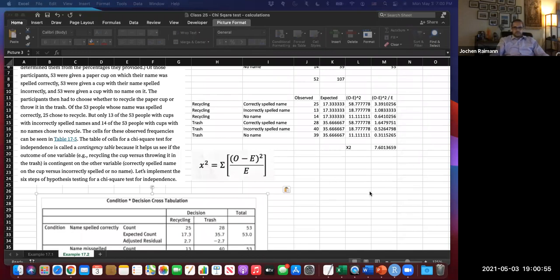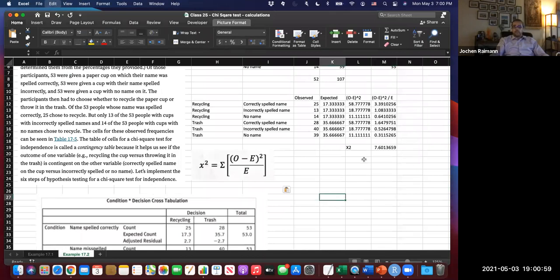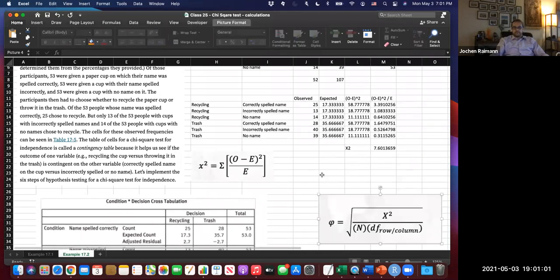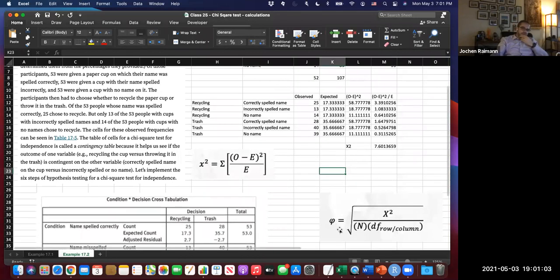Our effect size for this example here is Cramér's V, and it's V like Victor. So I know that, yeah. That's my German accent, V and V. Okay, so it's Cramér's V like Victor.